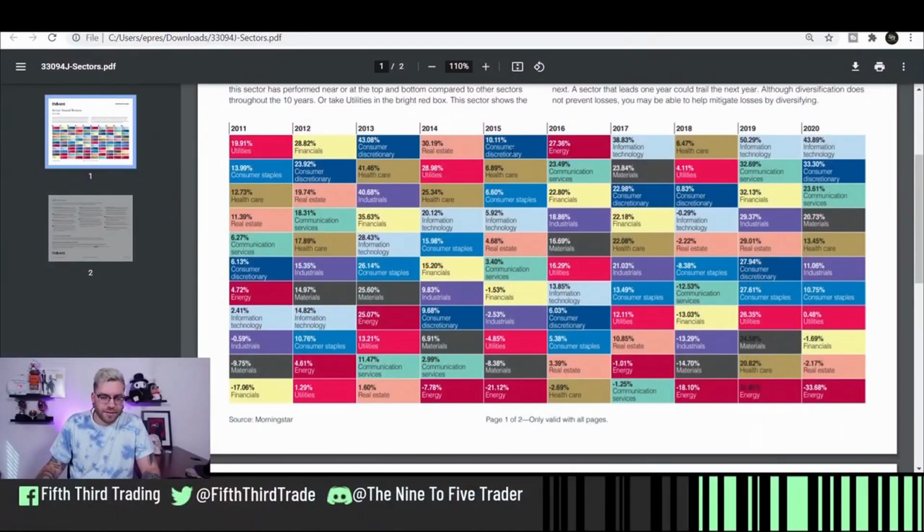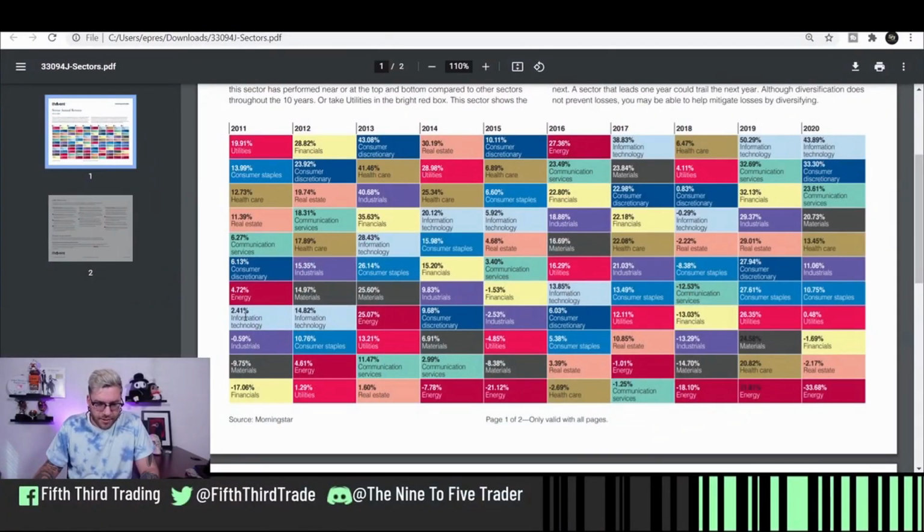What's important to realize is this, and I'm going to show you this chart real quick, is that these are not produced equally. We can see with different colors the different sector they are from the last decade and how well they're doing. A great example is this. XLU in 2011 was 19%. The next year, it was only 1.29. It's going to change every single year. Some are boom, some are bust. Others produce better than others. XLU, again, can go up really high or go down really low, just like everything else. We can see something like XLK not doing the greatest, but then pretty consistent,